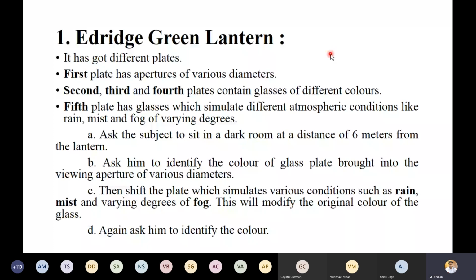I will show you the picture. Ask him to identify the aperture of various diameters, then shift the plate which simulates various conditions such as rain, mist, and varying degrees of fog. This will modify the original color of the glass. Ask him again to identify the colors. Here, no need to close the right eye or left eye. Okay. This is the apparatus. Once you return back home, just 5 minutes is enough.